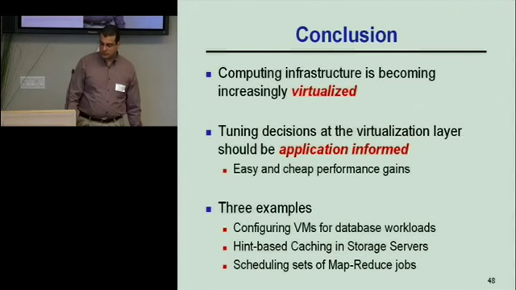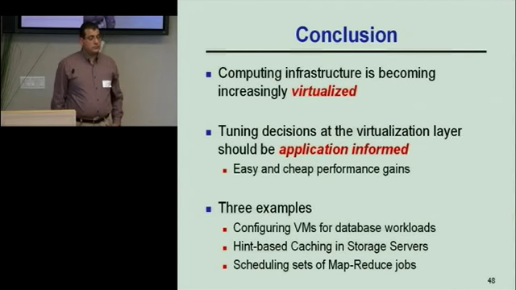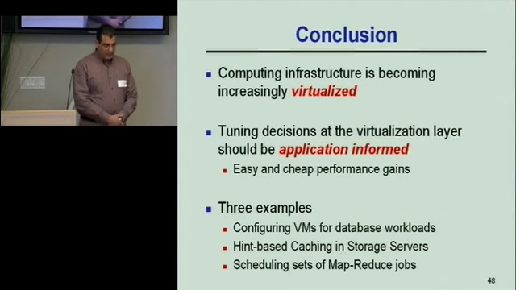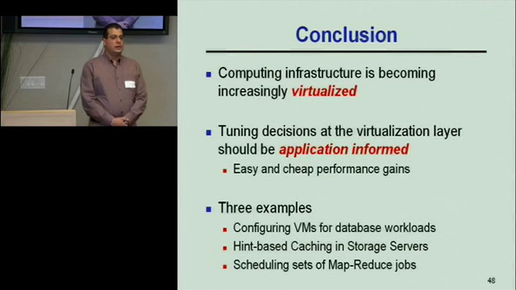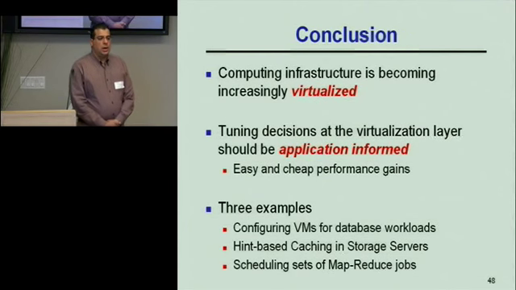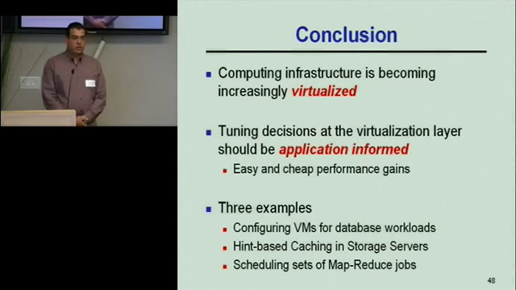The question I have is, you use the information from the applications in order to tweak the virtualization and make it faster. How much information does a human need to provide, and how much information can be automatically detected? So the goal is to have most of the information automatically detected.